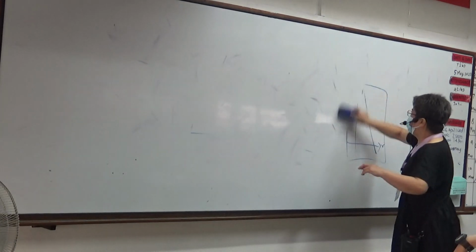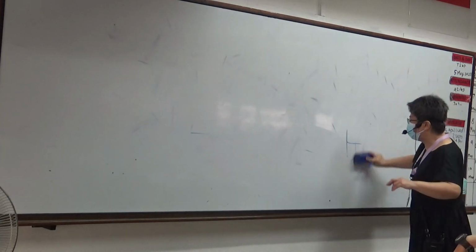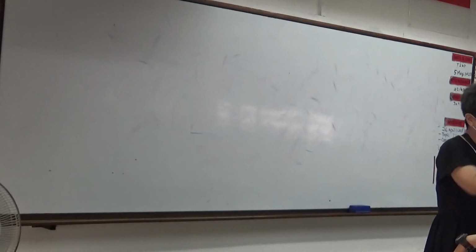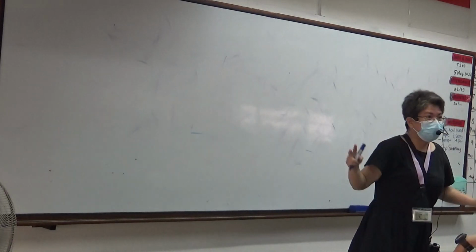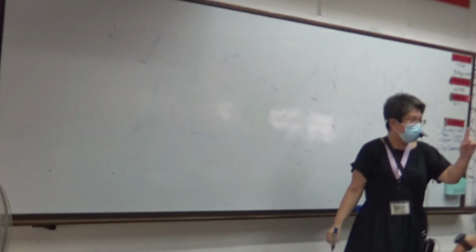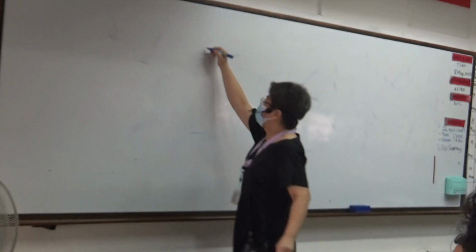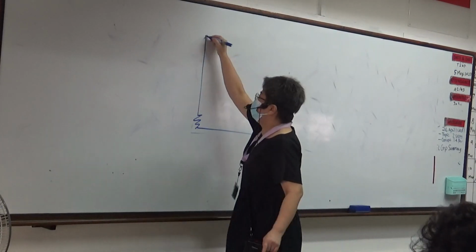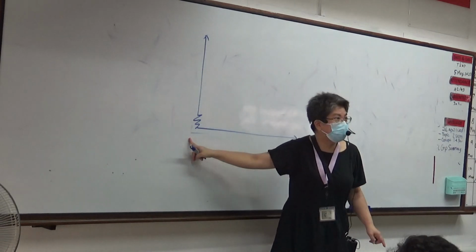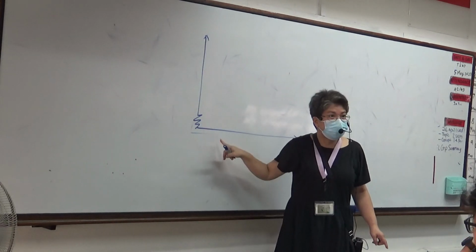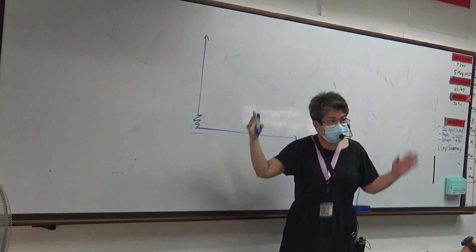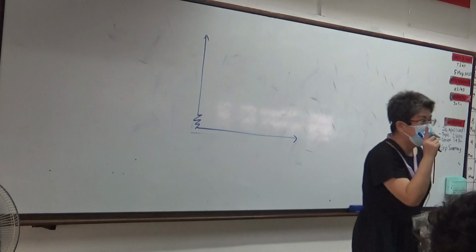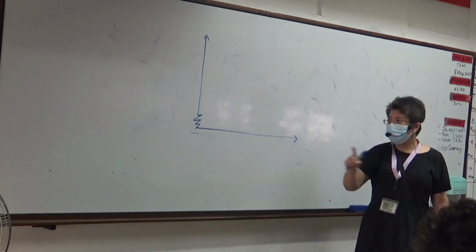Now, I think in your sciences, you should have realized that sometimes the axes don't start from 0. You can zigzag and then start from a certain value. For linear law, please take note. You can only zigzag the vertical axis. You cannot zigzag the horizontal axis because it will be squashed. You understand what I'm talking about? I will show you. You can only go